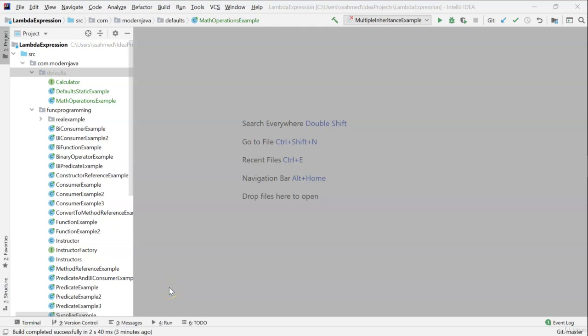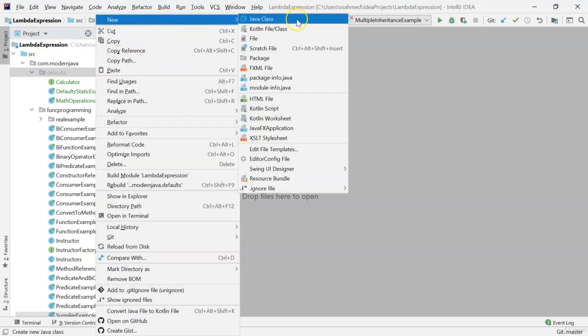In this section, we'll talk about multiple inheritance, which is now possible using default methods implemented in the interfaces. To show this example, we'll be creating 3 interfaces and then an implementation class which extends all those 3 interfaces. So let's create them. The first interface is